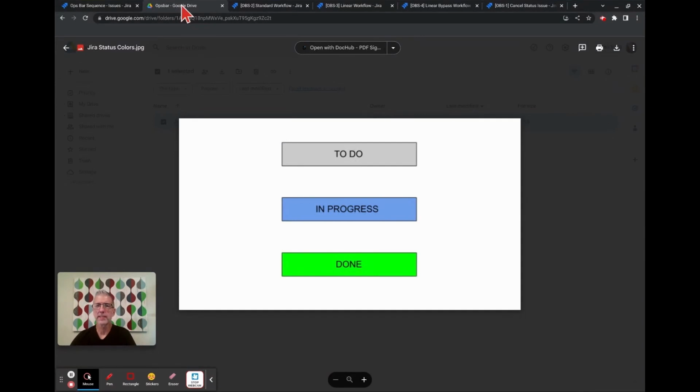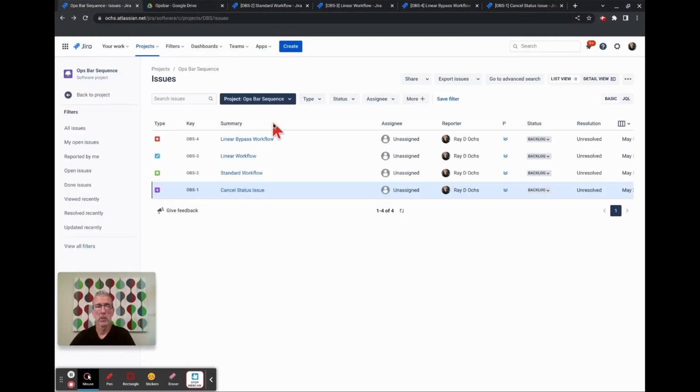So there's a status category, not to be confused with the project categories, which logically group projects into specific categories. These are status categories, and there's three of them. The gray category are the to-do statuses, the blue category is the in-progress statuses, and the green are the done statuses. So let's go into a standard workflow,